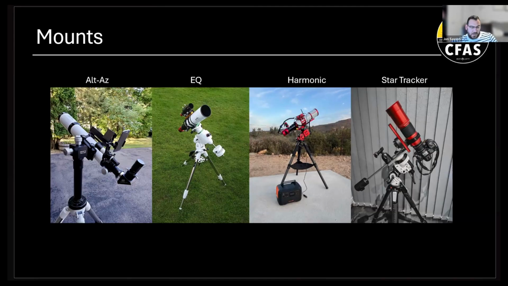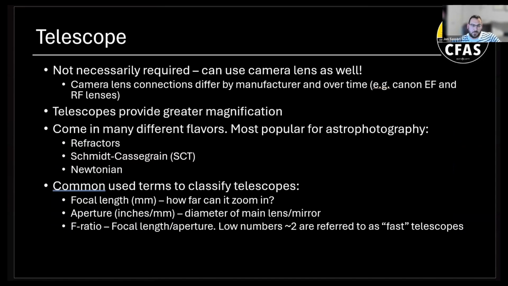All right, so now that we know what the mount is, the next thing we need to take astro pictures is a telescope. And the first thing I'll say is that you don't really need a telescope, right? You can use a camera lens as well. Especially if you have a background in photography and you have many different lenses, or just get a great deal on a lens, and you're planning on using a DSLR or mirrorless camera,